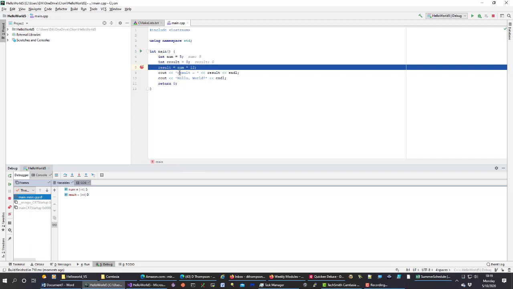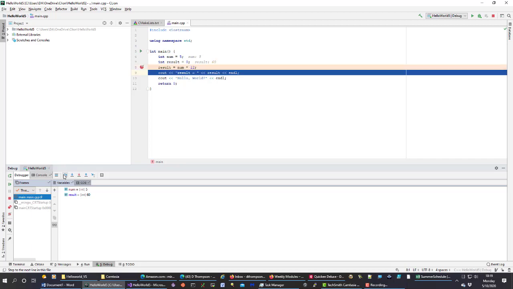So let's say you had an error here. If you want to continue your program but only line by line, we press this button here. This is called step over. This goes to the next line, and we can see now result actually changed to 60. And to give you a little clue what changed, it highlights result. So we could step over and step over to the end of the program,